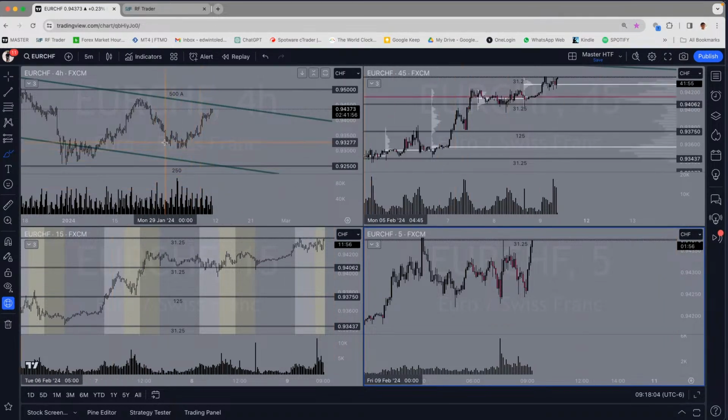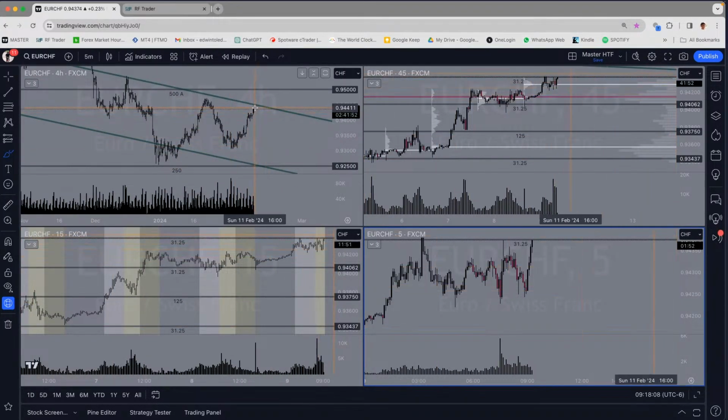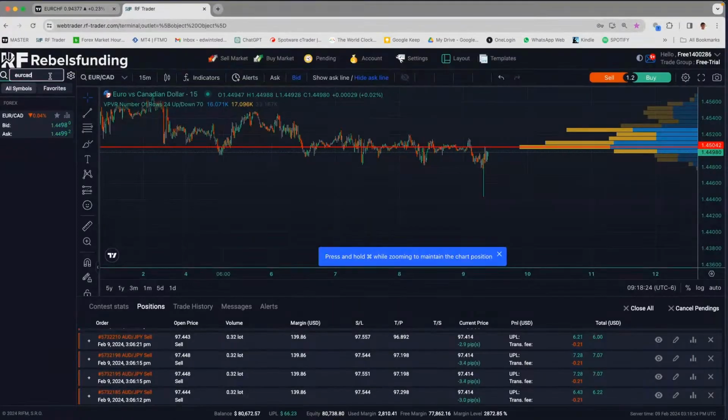I love CHF for a sell. Actually, I would love to see this retesting, and it should. If it's gonna do it, it should do it at some point right here. The candles present, no volume. We selling Euro CHF 0.16.